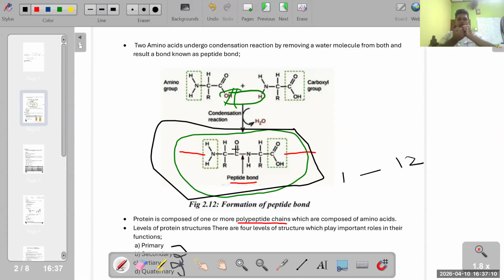They are coiling and folding in such a manner that this hydrogen atom forms a bond with this oxygen atom. Can you see? It forms in such a manner, it coils. The hydrogen atom attached to the nitrogen atom forms bonds with the oxygen. Can you see? It forms with the oxygen. Which oxygen? The oxygen attached to the carboxyl group, the carbon atom. Can you understand?